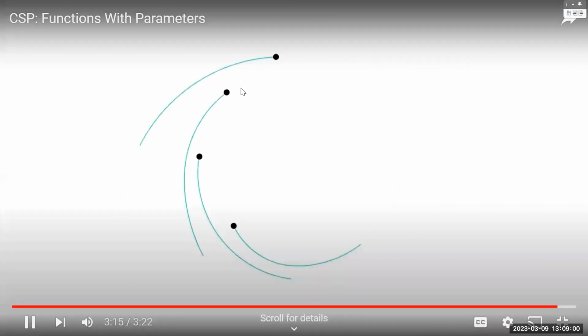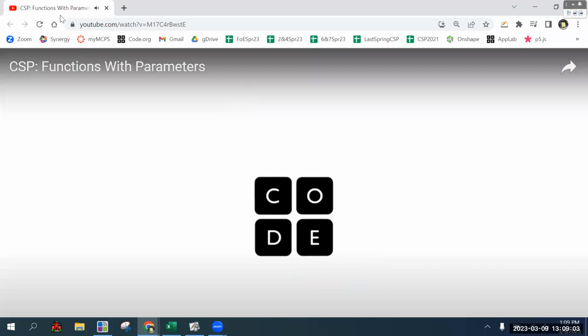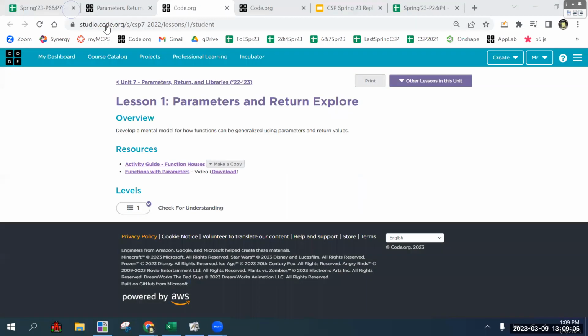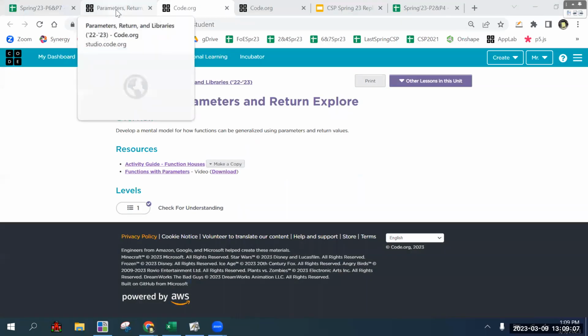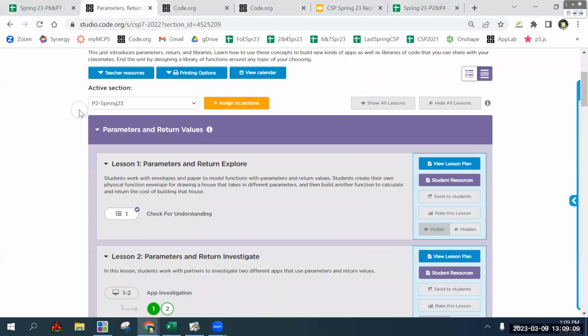Okay, so if you were in my class last semester, you can get your computers going. Everyone can. But if you were in my class last semester, we did the digital scene project, the under the sea thing, where we did actually use parameters there, but